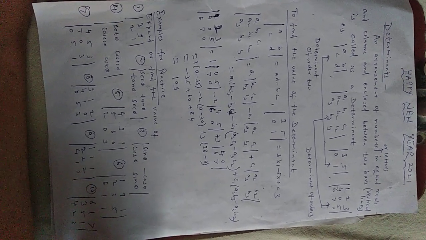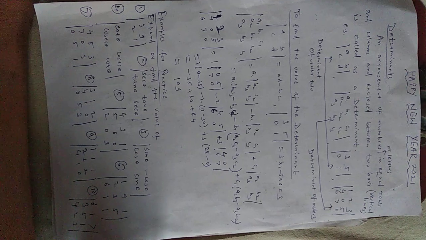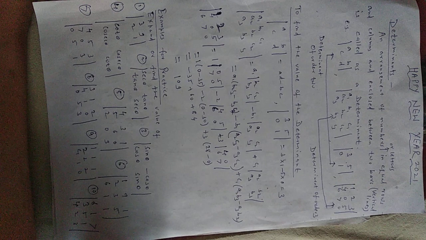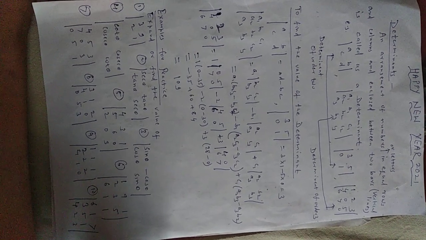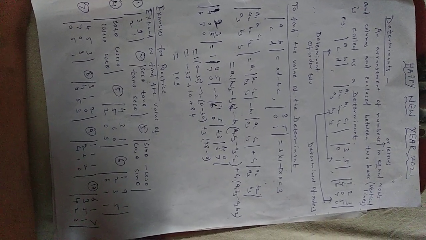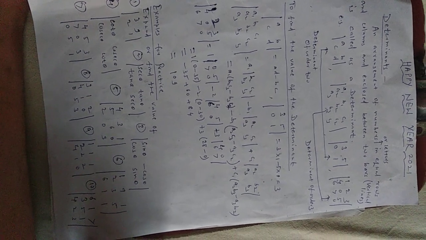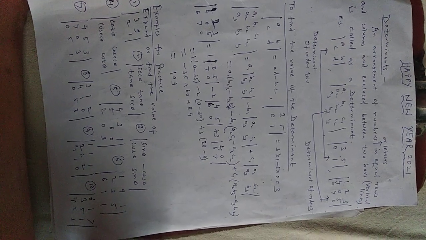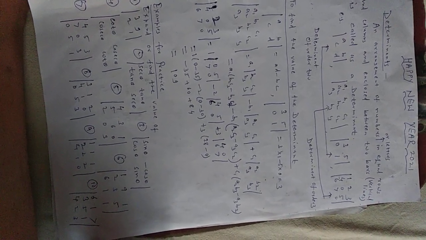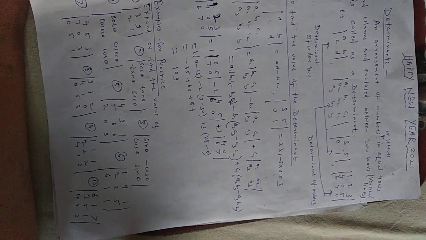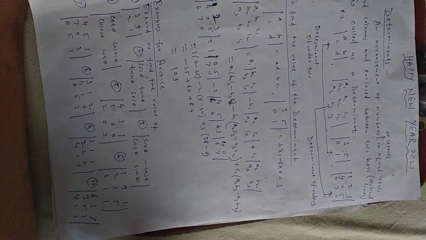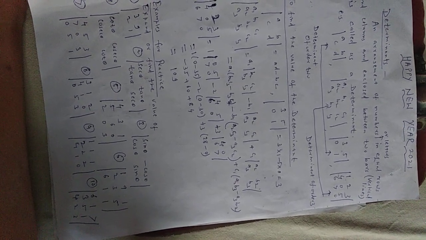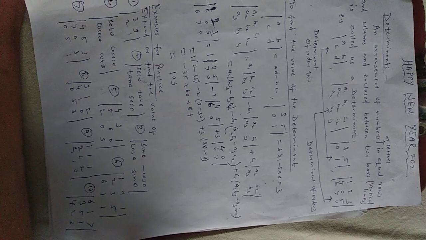Then the next part comes how to evaluate the determinant or how to find the value of the determinant. So this part you might have studied in 9th or 10th. So I will take the first one, that is ABCD. So cross multiplication, start from left top corner. So take the cross one, AD minus BC. So 3, 5, 0, 1: 3 into 1 minus 5 into 0. The answer comes out to be 3.